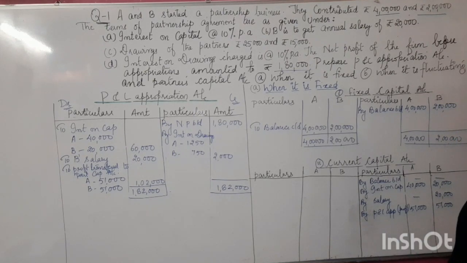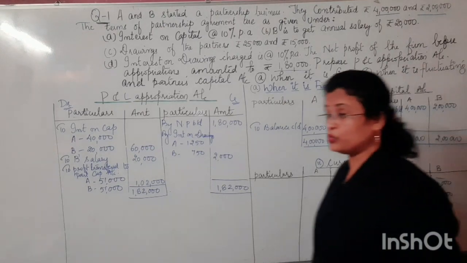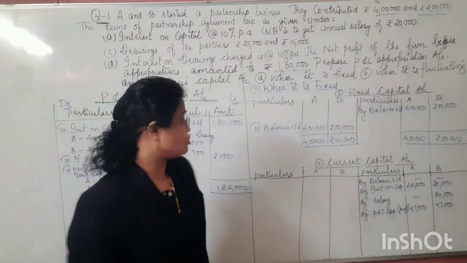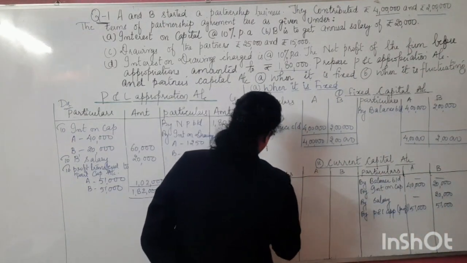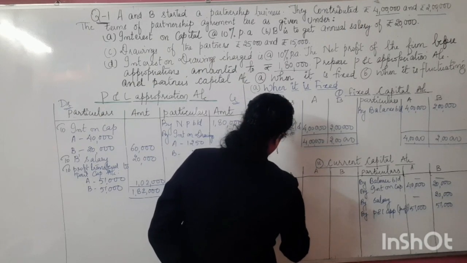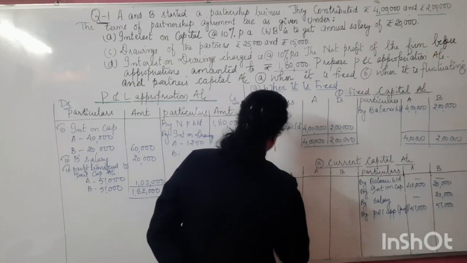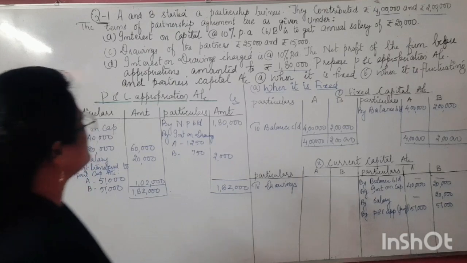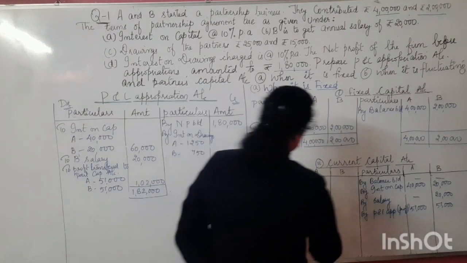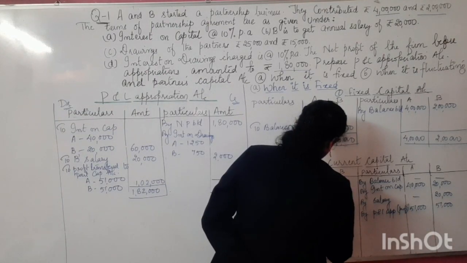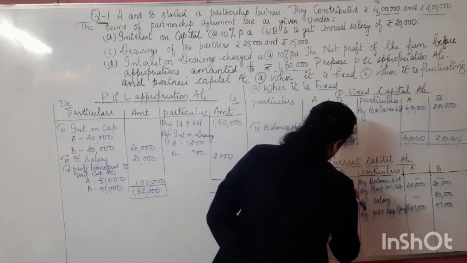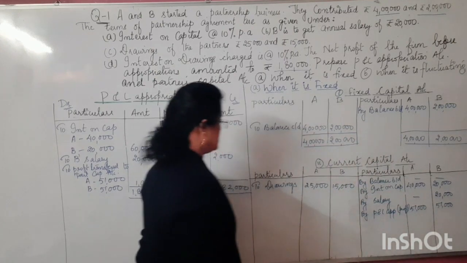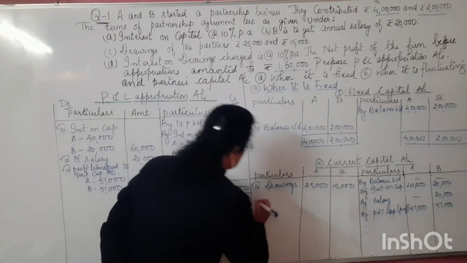Okay. Now the next is, the partner's capital account, whether it's fluctuating or the current, it shows the drawings. So we don't have any other debit balance. So let's start directly with the drawings. What is the drawings given to us in the question? The drawings given to us in the question is how much? 5,000 and 15,000. And the next we will be having here is